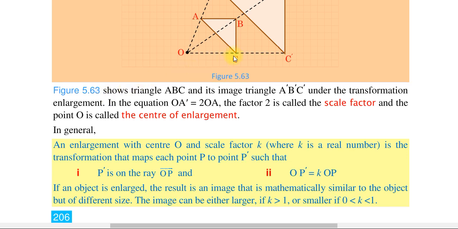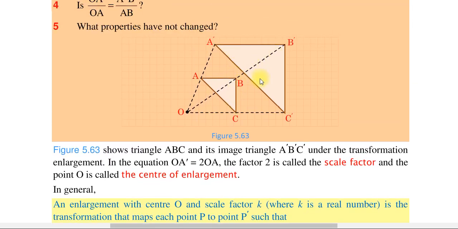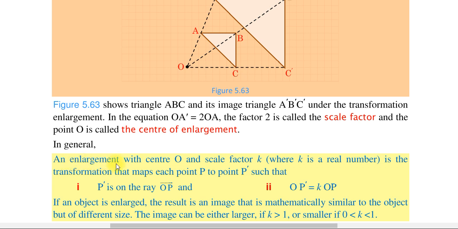ለምሳሌ ይህን ፊገር መመልከት እንችላለን። This figure showed that triangle ABC and its image triangle A prime B prime C prime under transformation enlargement in the equation AO prime is equal to twice of OA. The factor 2 is called scale factor ትባላለች and the point O is called center of enlargement እንለዋለን. Okay, so in general an enlargement with a center O and a scale factor k